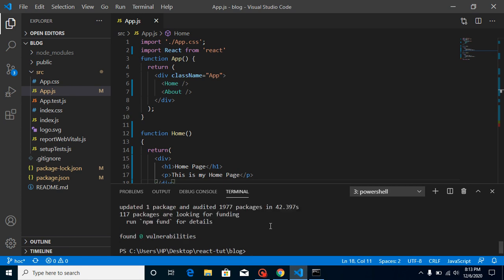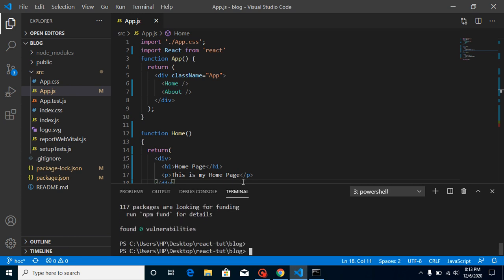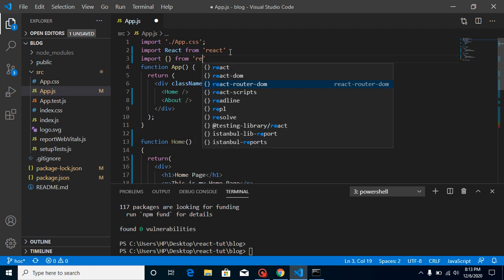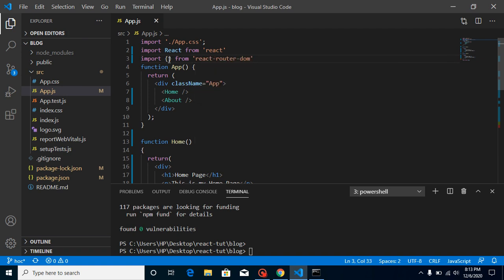All right, so this is installed now, and first of all we have to import something from react-router-dom, and what we need is BrowserRouter. This is a big name, you can even use an alias like BR or whatever you want.